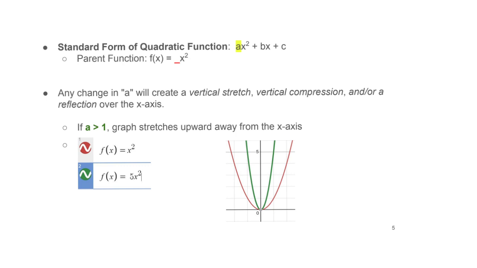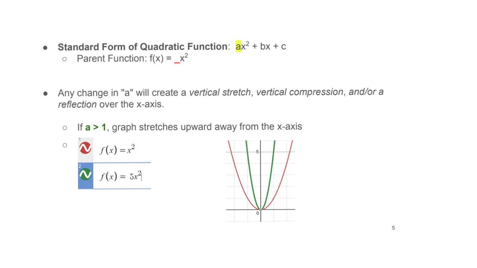On this slide, it's going to give you a little graph here. So again, if we review, this is the quadratic function ax squared plus bx plus c. The parent function is f of x equals x squared. I put this little line here again just to show you that this is what we're going to be changing. So here, the parent function, just like up here, it's f of x equals x squared. If you type that in the calculator, you're going to get a parabola that looks like this, like the red